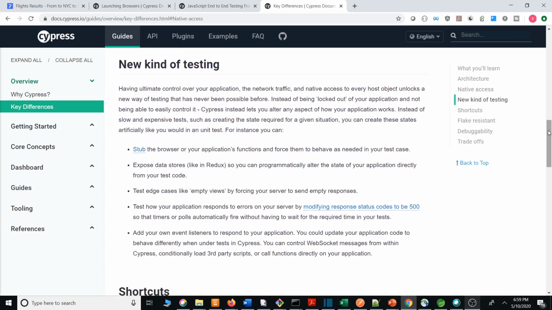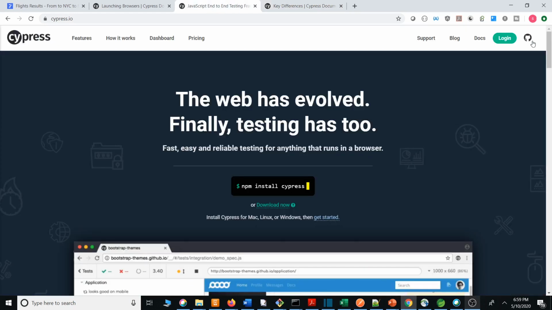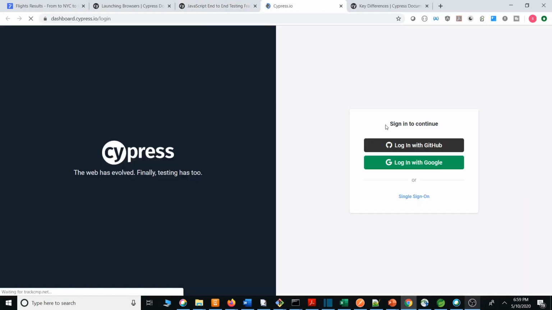New kind of testing. Here, edge test cases, like when you click on login functionality, it takes you to the login page, and here you will have login with GitHub or login with Google.